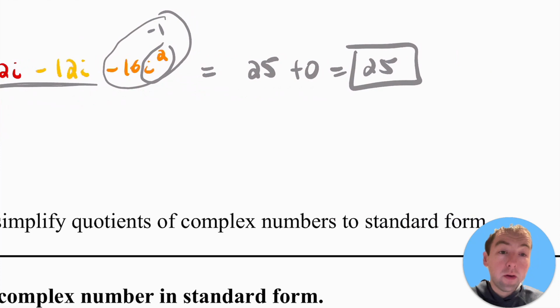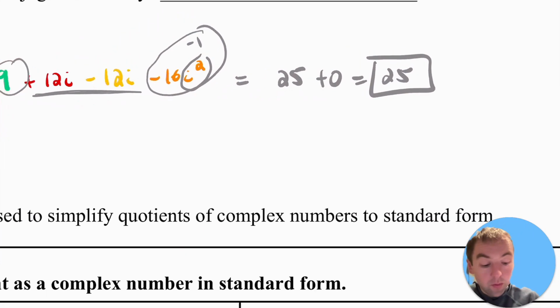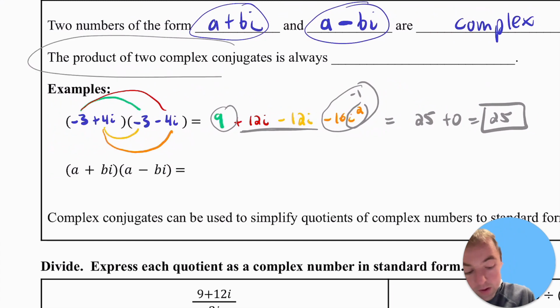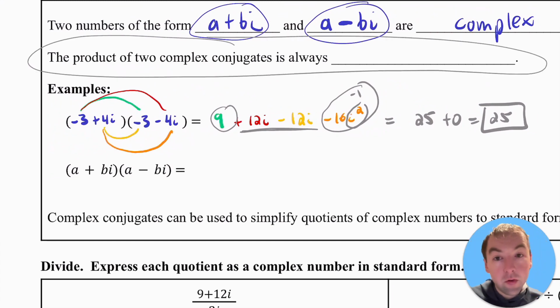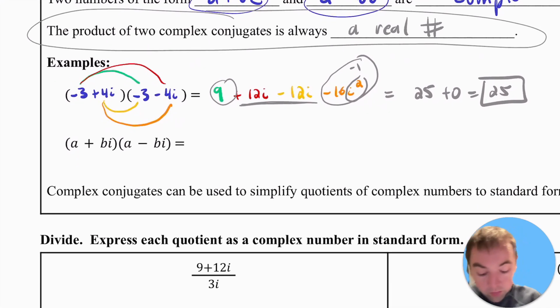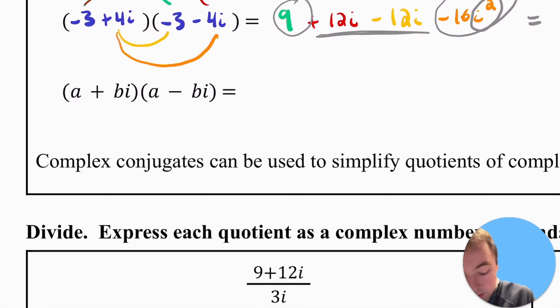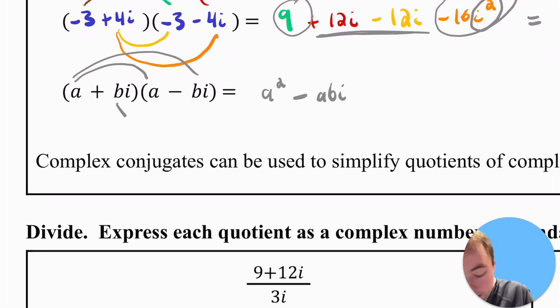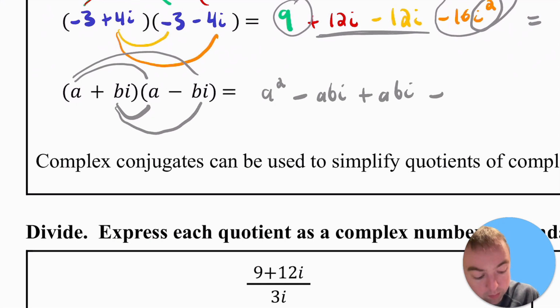So that will actually happen when you multiply conjugates with one another always. So right here, I've written that the product, or in other words, multiplying two complex conjugates is always a real number. That'll always happen. And we can prove that most generally, so that if you think of any complex number, a plus bi, and then a minus bi, which of course is the conjugate of it, you'll be able to see that if we FOIL this out, you get a squared, and then a times -bi would be minus abi, and then bi times a would be plus abi, and then bi times -bi would be minus b